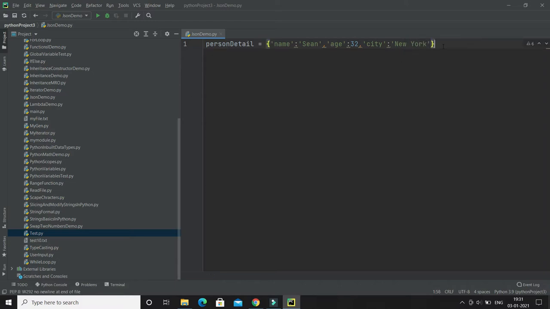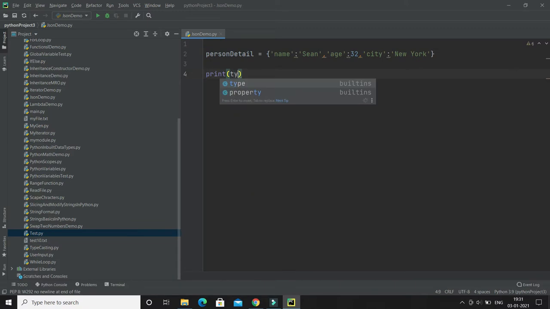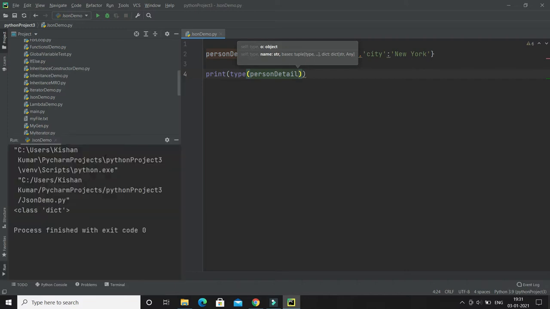If you look at the data type of this, we can check, right? Definitely data type of this would be a dictionary, dict. So we can call the type function, and there you can pass the variable, and we can check what's the data type. So if you can see here, data type is dict, it is a dictionary. Let's say I would like to convert this dictionary into the JSON string.